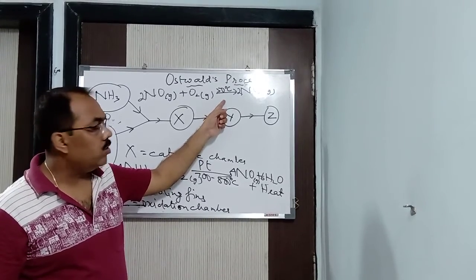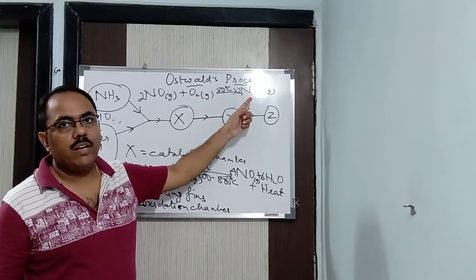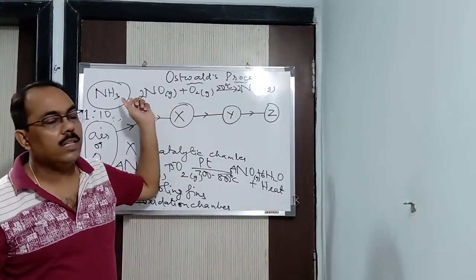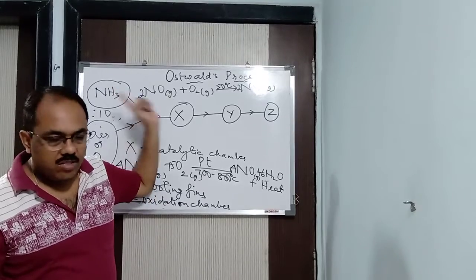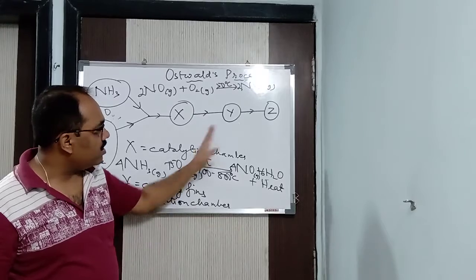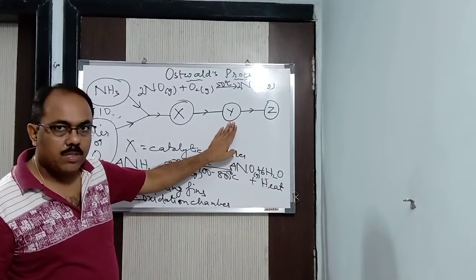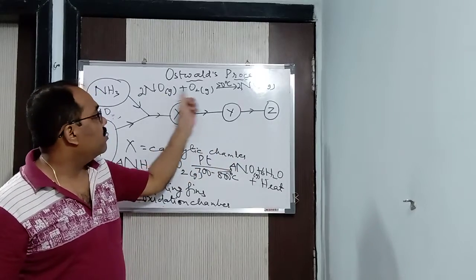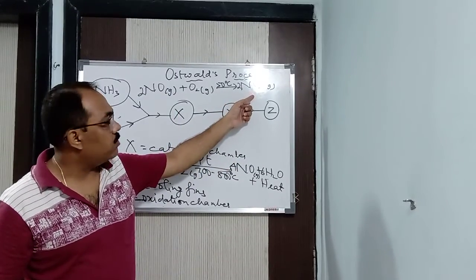Due to the temperature coming down, the decomposition of nitrogen dioxide will be prevented further. That means the reaction will not be favored in the backward direction. So for this reason, we are lowering the temperature. First, the gas is passed through the cooling fins or cooling pipes. Then after that, it is passed into the oxidation chamber, where this reaction is taking place. You can see nitrogen dioxide is being formed.